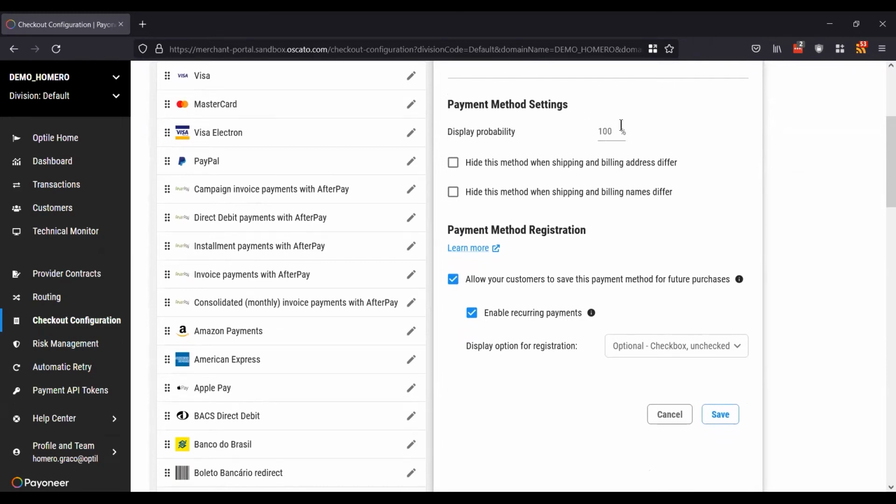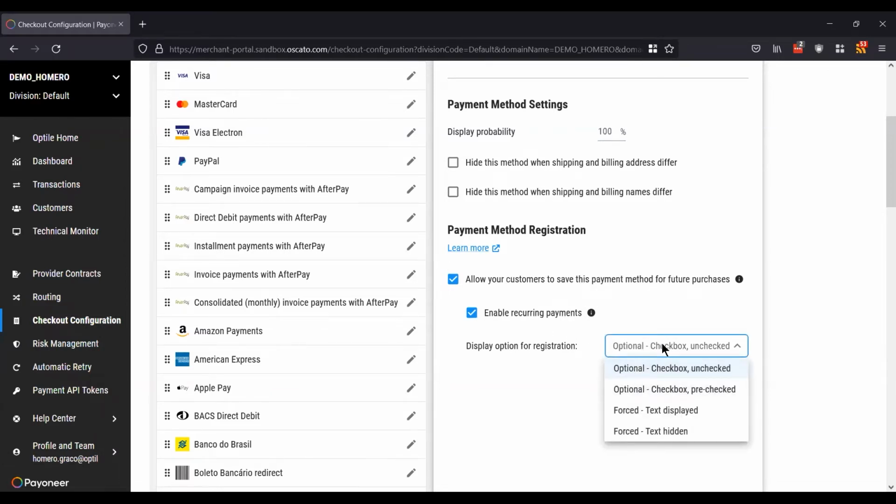So you could also add some probability numbers to do a sort of A/B testing, try to hide or display it at random values. And you can also configure how checkboxes for card registration are displayed. In our world, you can collect credit card data from your customers, register it in our system, tokenize it with providers, and when you do that, you can give your customers the option to explicitly check for card registration. So the person is going to see a checkbox in the payment page saying, I want to save this card for future purchases,